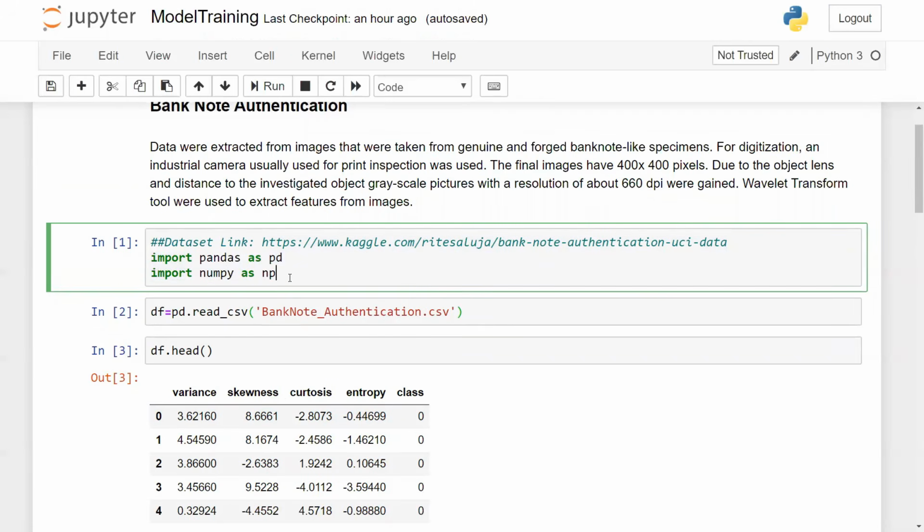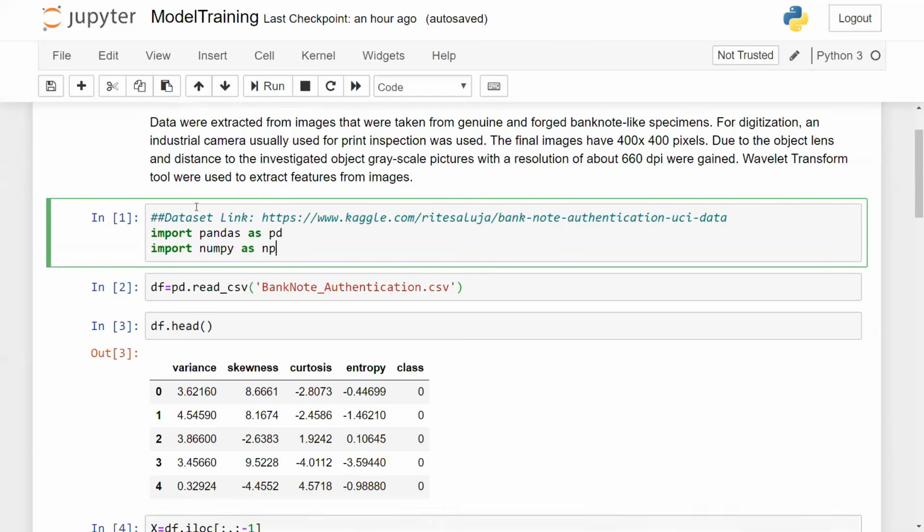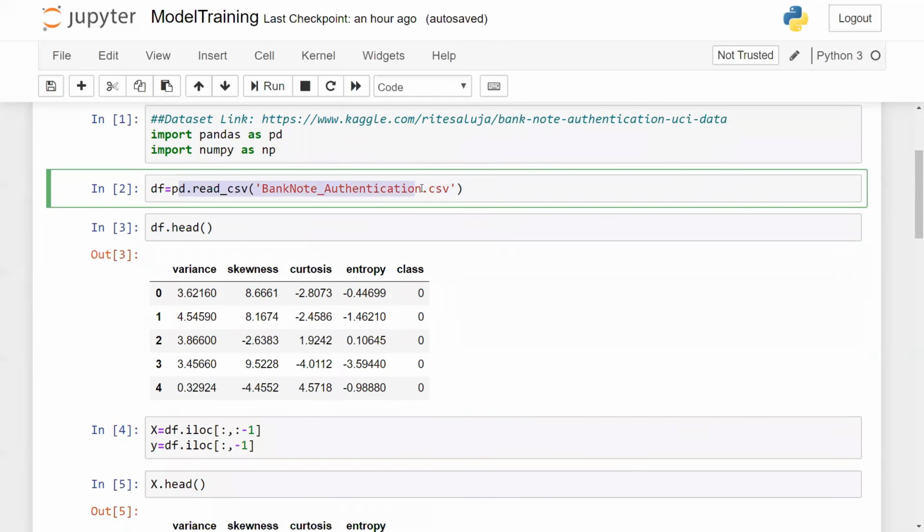And remember, guys, this is just a simple problem statement. You need not do normalization. You need not do any other thing, because the main reason why I'm solving this simple use case is to show you how we can actually use Docker, and before that, we need to create the Flask application. Now, I'm reading this banknote authentication.csv file, which is present in the same working location. So I have all my dataset in my df.